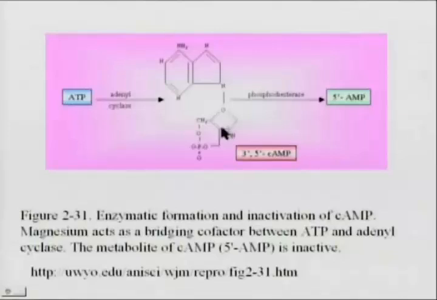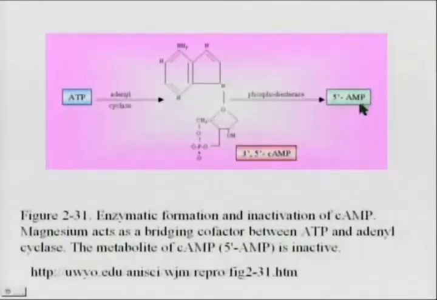So I don't know which is the 3 and the 5. 1, 2, 3, 4, 5. Let's go that way. 3' to 5' cyclization here. And then phosphodiesterase is the enzyme that will break this cyclization, so you have the phosphate ending up on the 5' carbon with 5'